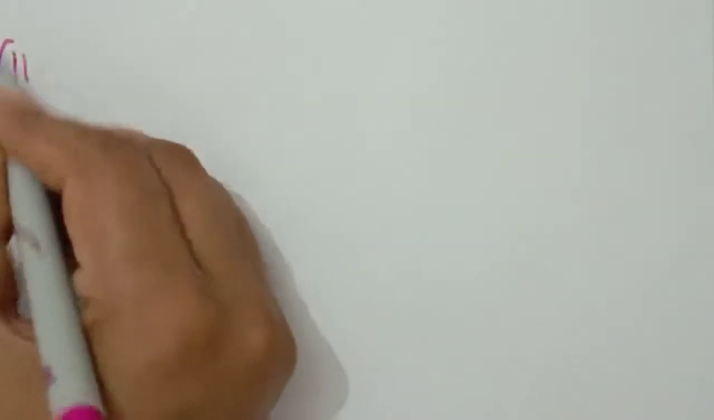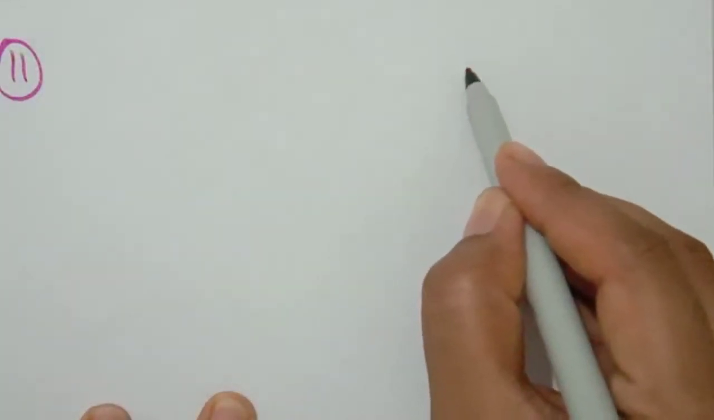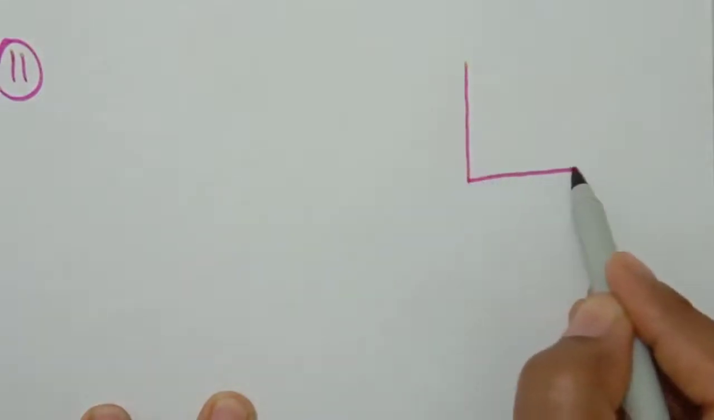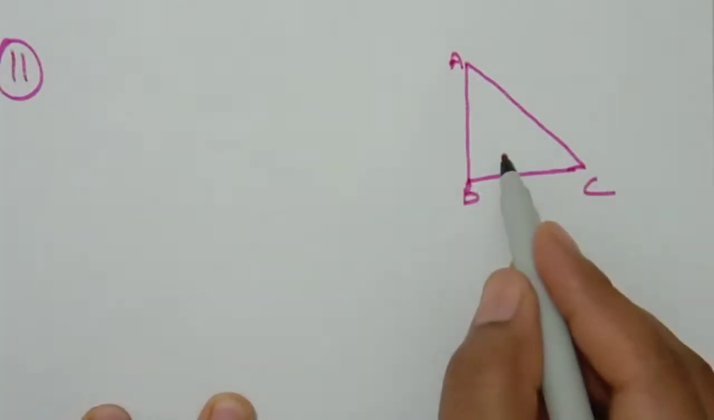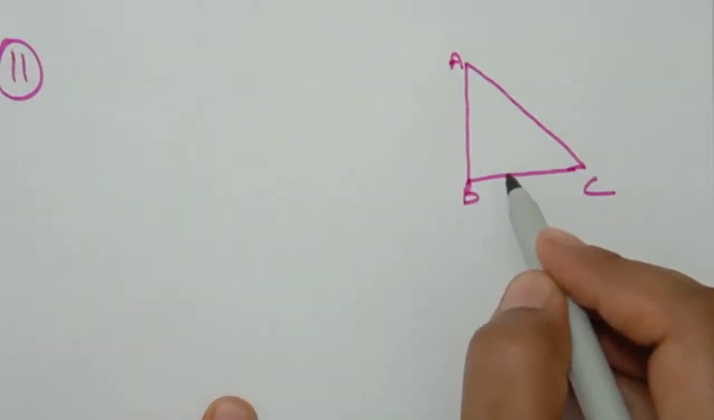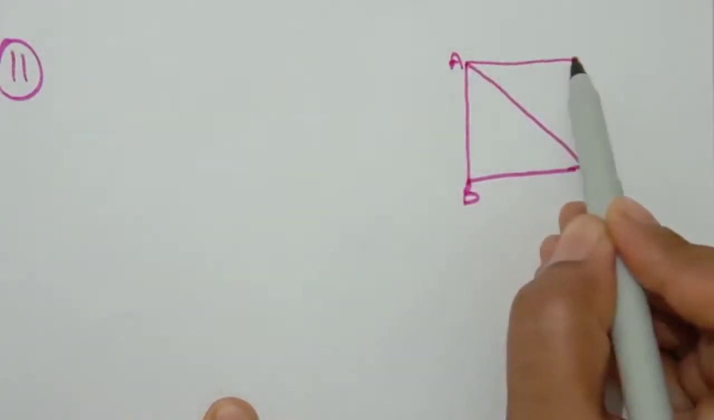Question number 11 statement is: ABC and ADC are two right triangles with a common hypotenuse AC. Prove that angle CAD and angle CBD are equal to each other. So students, first of all we have to make a diagram. ABC is a right angle triangle and ADC, and both the triangles have a common hypotenuse AC. So like this,